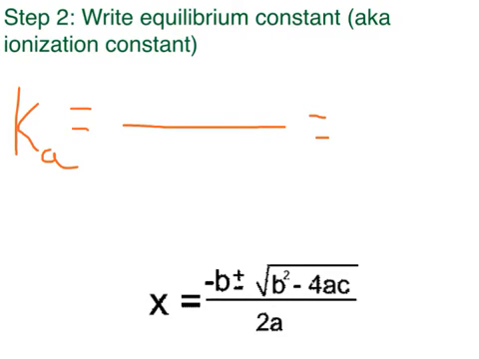Step 2 is to write the equilibrium constant, also known as the ionization constant. Now, recall from the last lesson and the beginning of this lesson that the equilibrium constant, or the ionization constant, is the concentrations of the products divided by the reactants' concentration. So in this case, we should have